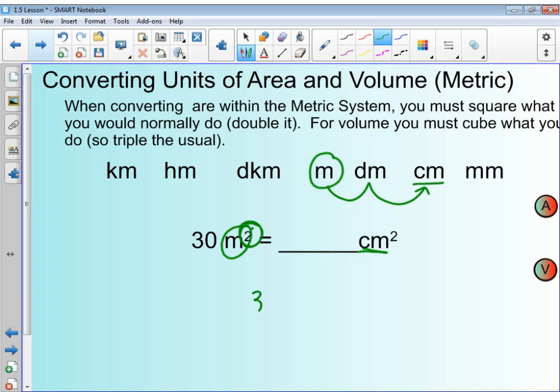So originally this is what I had, my decimal sitting there since it's not shown. I already said I'm going to go 2 places. So 1, 2. There's my first set. I'm going to do that again. 1, 2. There's my second set for my squared. Now I'm going to put zeros where I have those bumps. So 30 meters squared is the same as 300,000